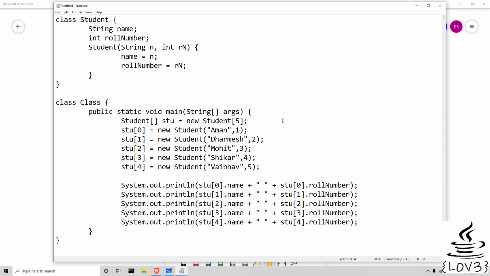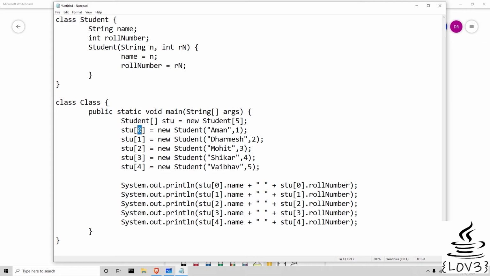In the main function, first create an array of the type student. Normally if it's a data type like int, you would say int, and new int. So I've used student because it's of type student, and the length, which is 5. And the name of the array is stu.